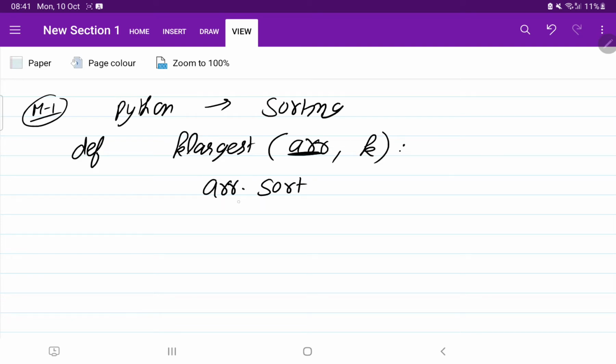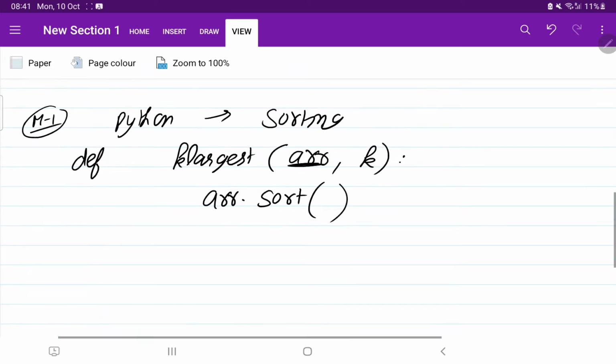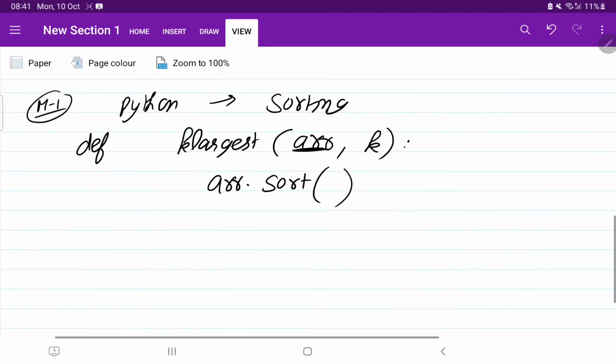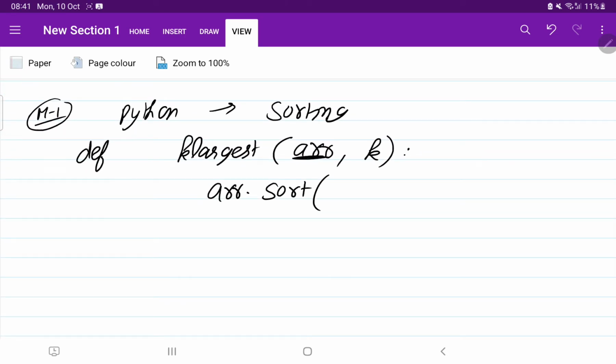If we use array.sort, it will sort in ascending order. But we want the sorting in descending order, so we are going to pass reverse equals true. This will sort the array in reverse order. Reverse spelling is wrong, reverse equals true.